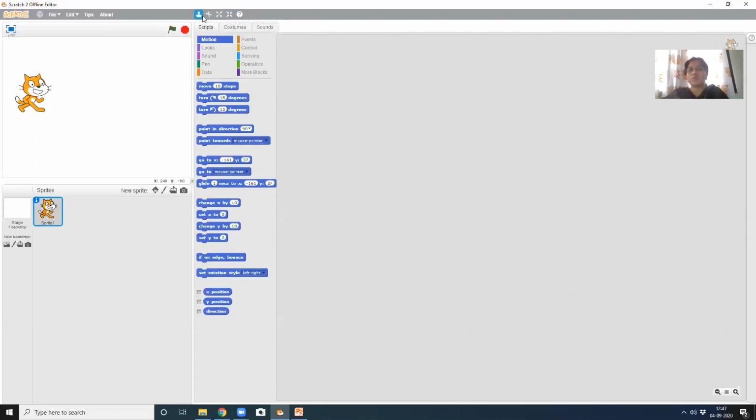First one is for duplicating, so that I can have one more sprite, a duplicate of it. Then if I want to remove any sprite, delete it. If I want to increase the size of the sprite, or decrease the size of the sprite, these are the 4 buttons.